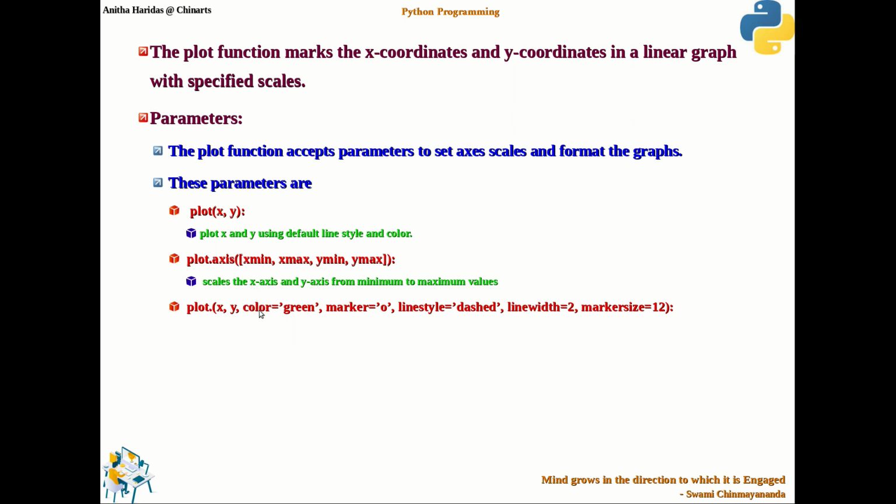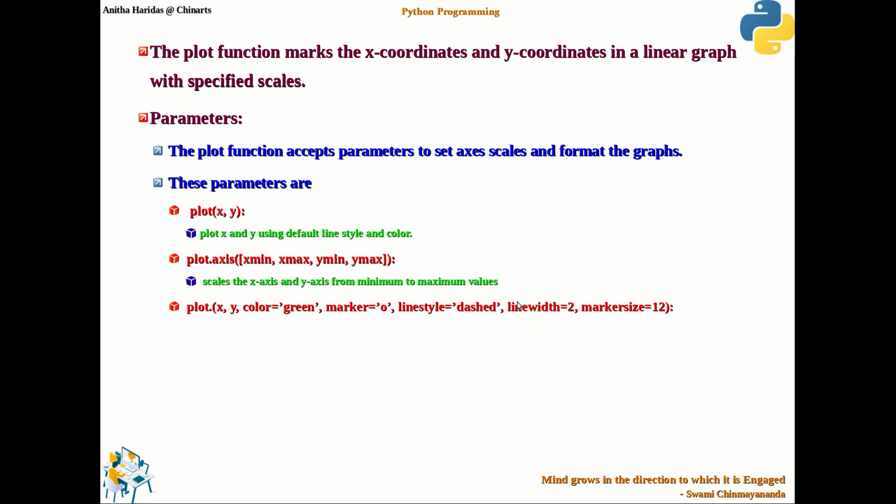Just say attribute color and what color you want, the marker, whether it is dots, or you want square, or you want triangle, that can be given here. Then the line style, which can be given as dashed line style or solid line, that can also be given. Then you can also give line width.